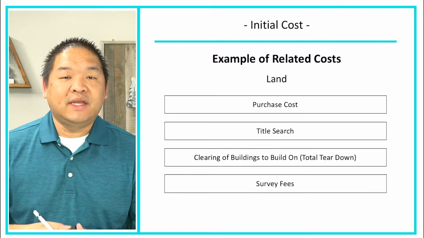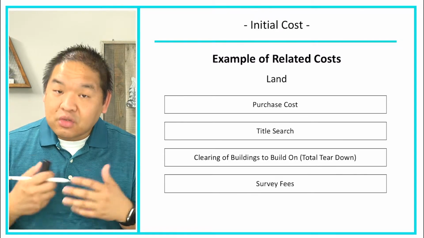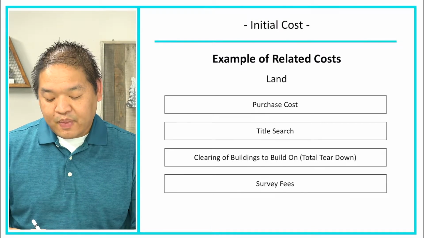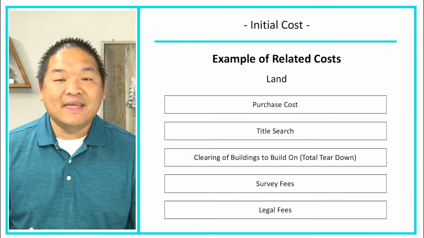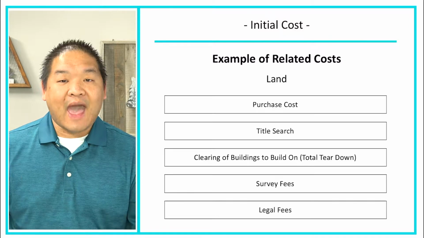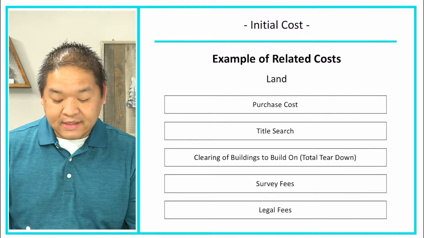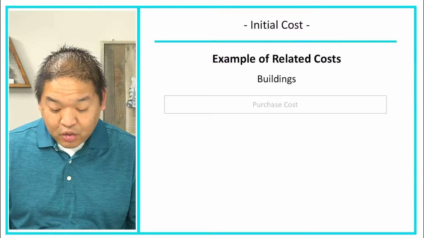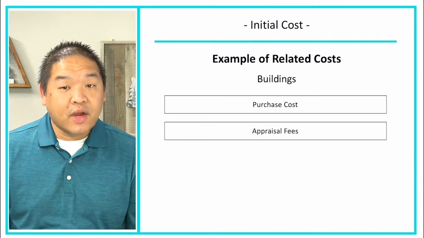Survey fees, maybe we need it surveyed for a potential building that's going to go up. That cost might go in there. And we might include legal fees. So again, all of these costs are associated with the land, and so we're going to add these costs to land. Now, buildings. So for buildings, some examples might be the purchase cost,